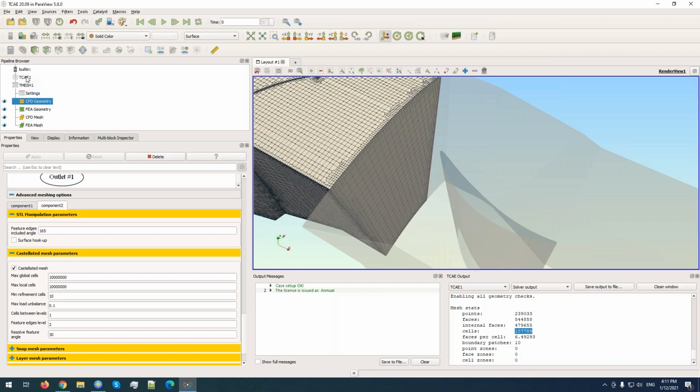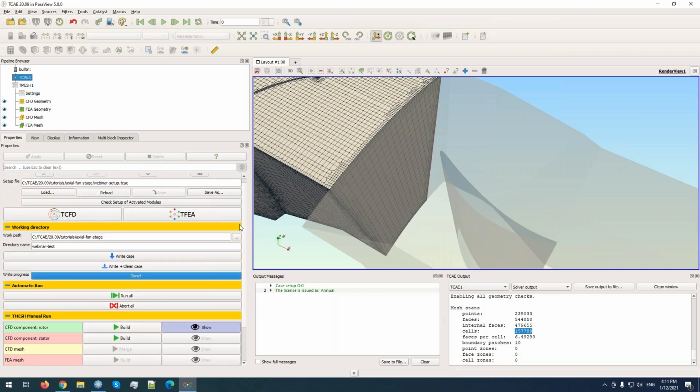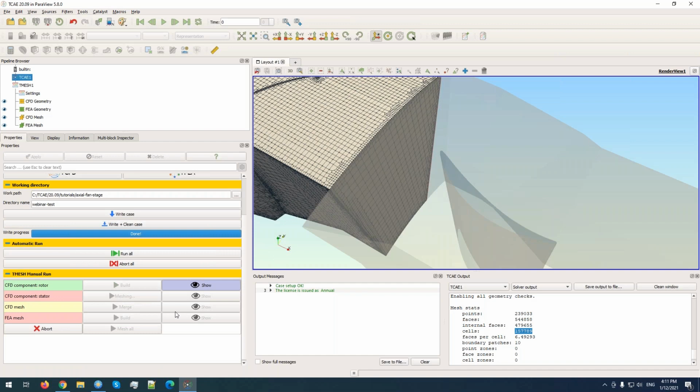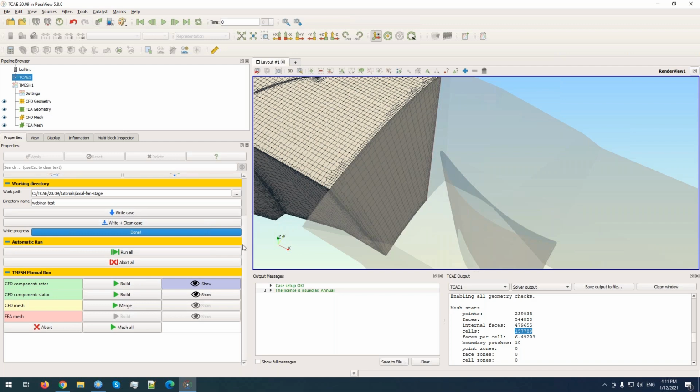Go back, save, write my current setup, and build the stator part. So you could see that we didn't change the parameters of the rotor. So if we write the case, the rotor doesn't change the color, it's still in green because the resulting mesh still corresponds to the setup. If you change the setup of the rotor, it will be highlighted by changing the color, and then you have to also remesh the rotor part if you change the parameters of the rotor part,